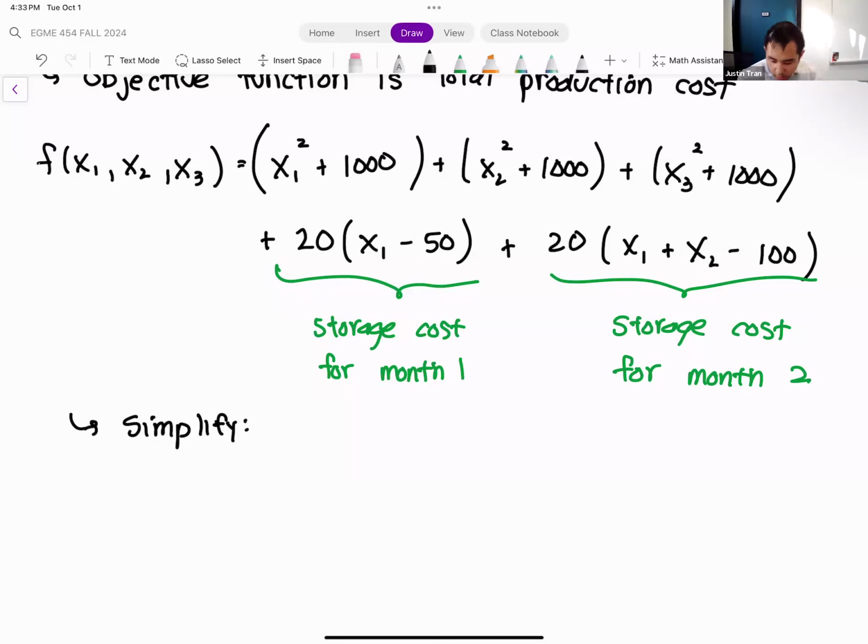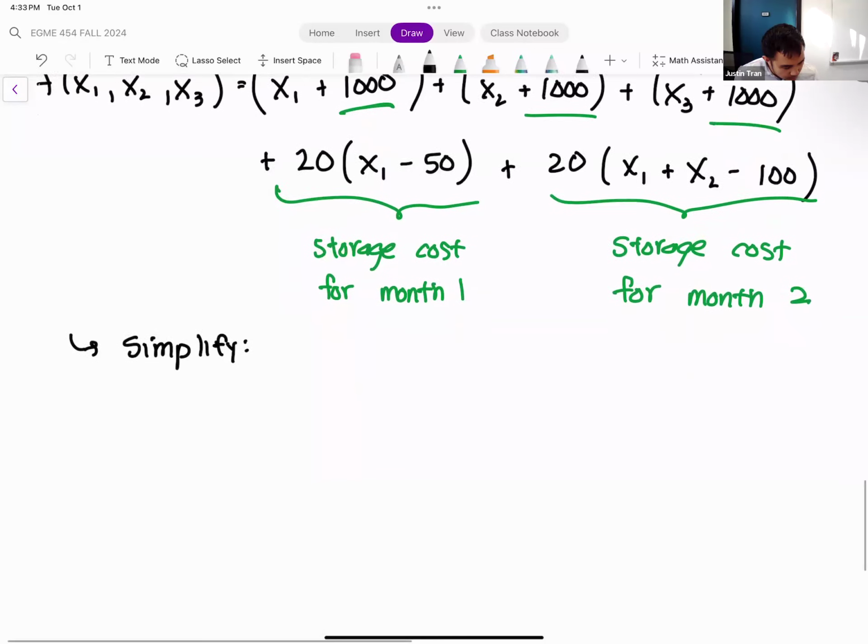Because right away we see that up top here we have 1,000 plus 1,000 plus 1,000. So of course all those can combine. And then we have some added constant terms at the bottom as well. Okay, and so if we add all those things,